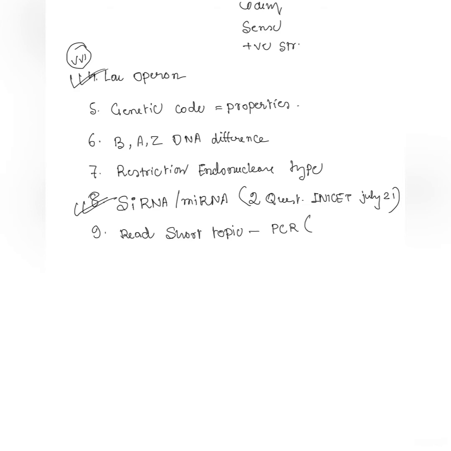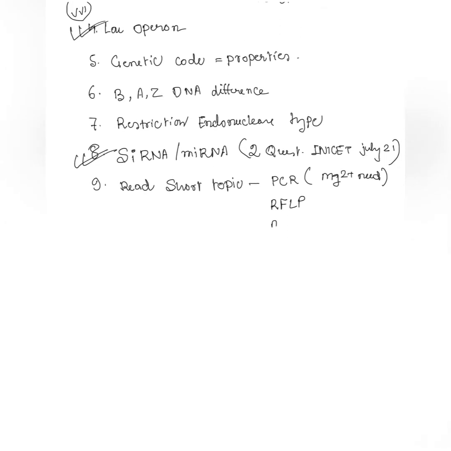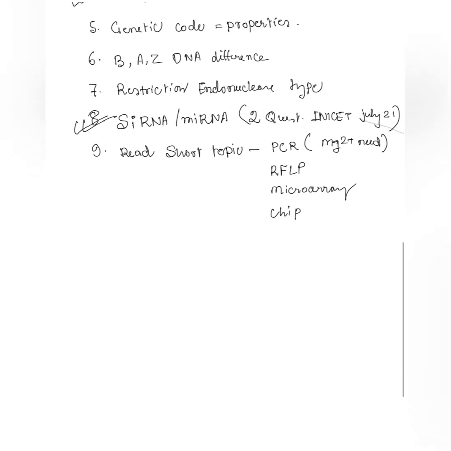Okay, and there are also some topics you should know, that is PCR, in which Mg2+ and buffer are needed. This Mg2+ question I have found in some GTs. Also you have to know about RFLP, restriction fragment length polymorphism, and also microarray. This is a very small topic. This is also overlapping with the genetics topic. I am also covering chromatin immunoprecipitation. Next is FISH. Okay, and whatever topics are left I will discuss in genetics. So okay, thank you friends. If you like this video, please